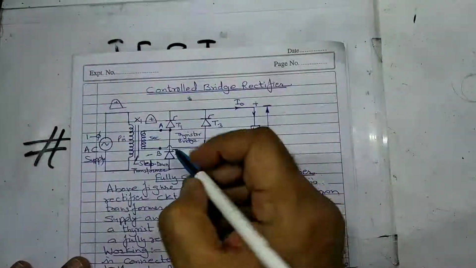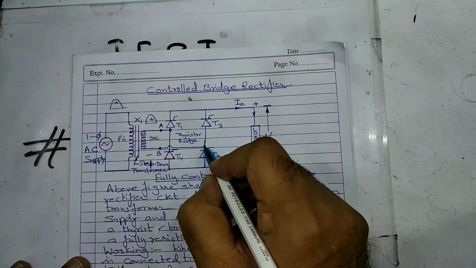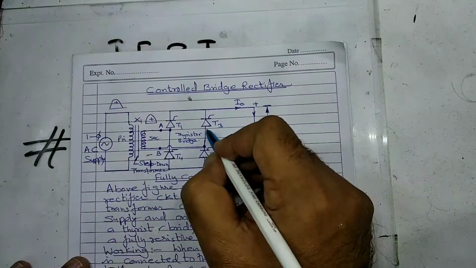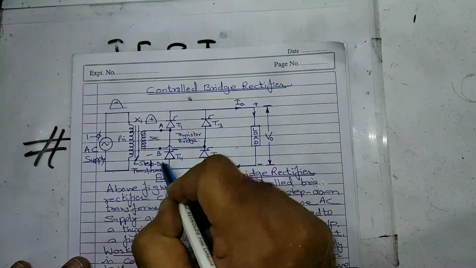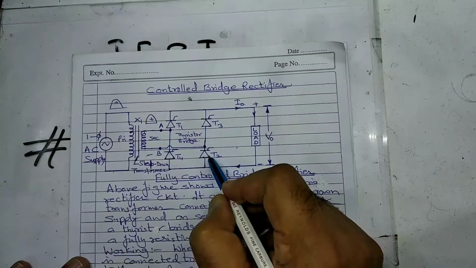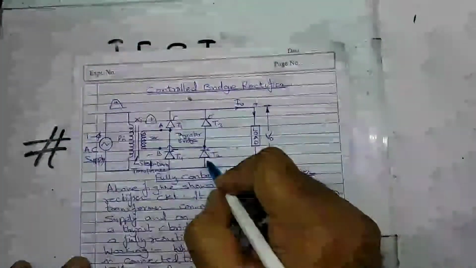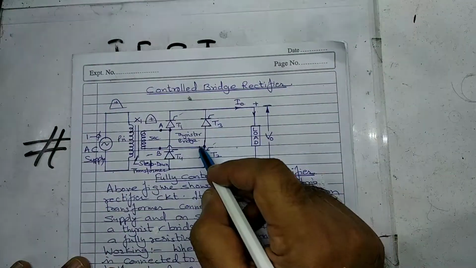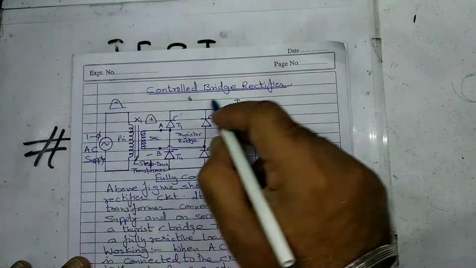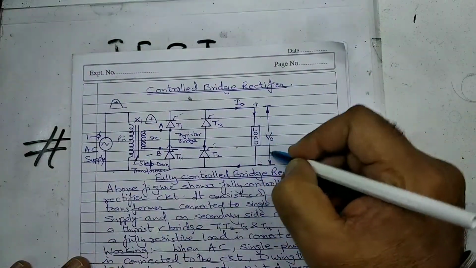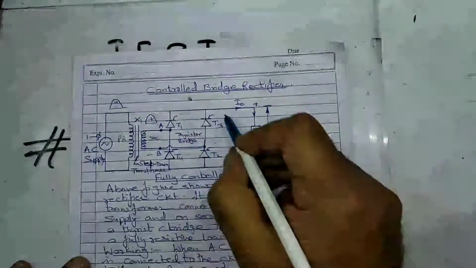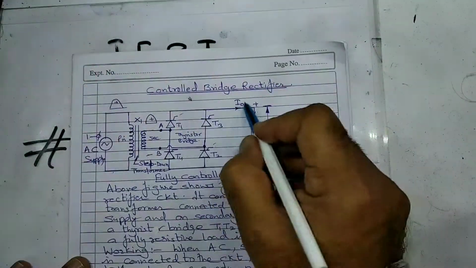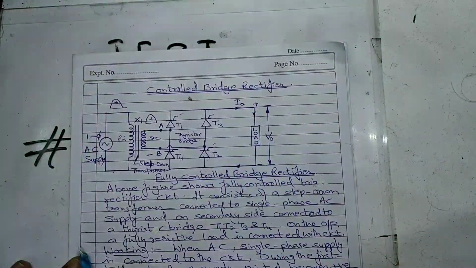While the negative side is also connected to the anode of T3 and the positive side is also connected to the cathode of T4. Therefore, T3 and T4 are reverse biased while T1 and T2 are forward biased. In the forward bias condition, if we get a gate pulse on the gate of T1 and T2, they will turn on and the output will appear across the load. This is V out, and the load current IO will pass through the load.